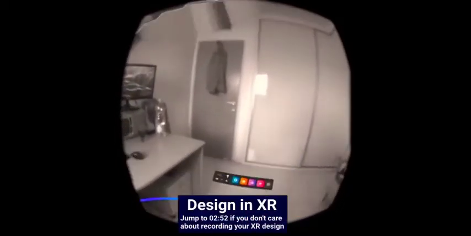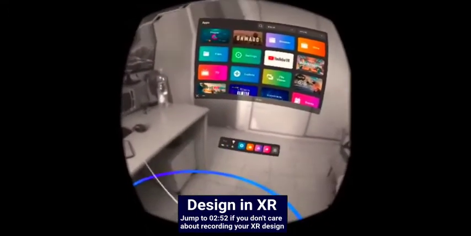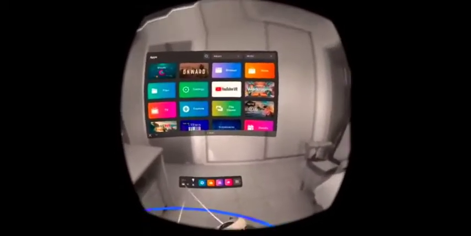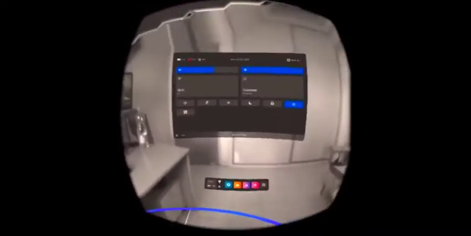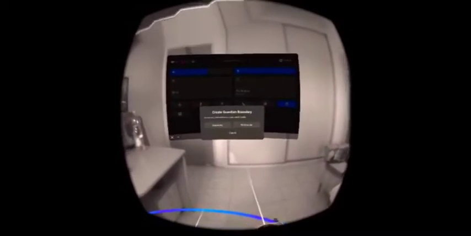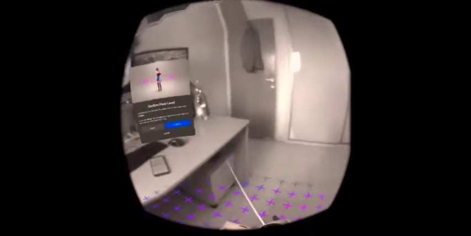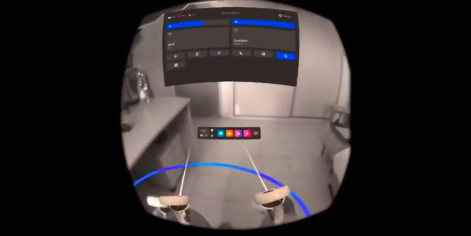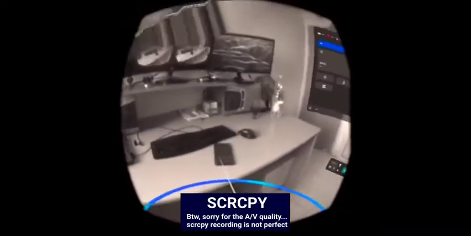Okay, so this is a quick tutorial about how to start designing in ShapesXR on the mixed reality mode. So basically, you can start designing in space by using the stationary boundaries, stationary guardian, or switch to room scale. But the only issue that I have with it is that eventually, while recording on mixed reality mode with SCRCPY,